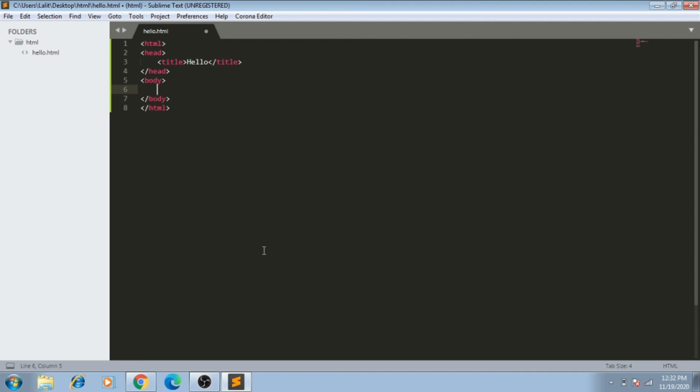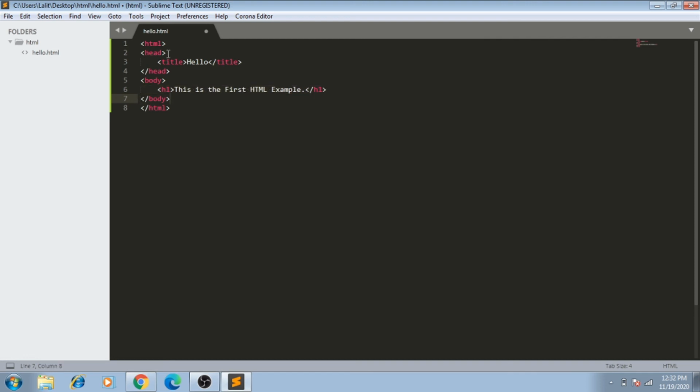In the body tag, I am using the h1 tag and writing some text like this is the first HTML example, and close the h1 tag and also close the body tag. The h1 tag shows the text in bold and in enlarged size.